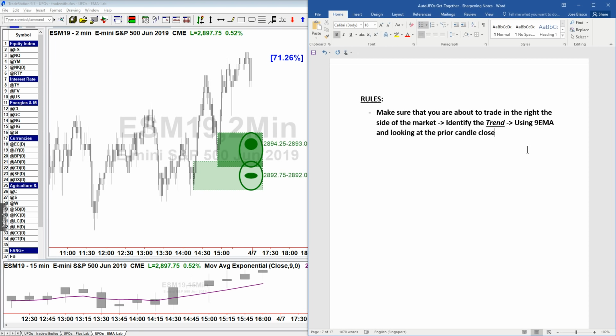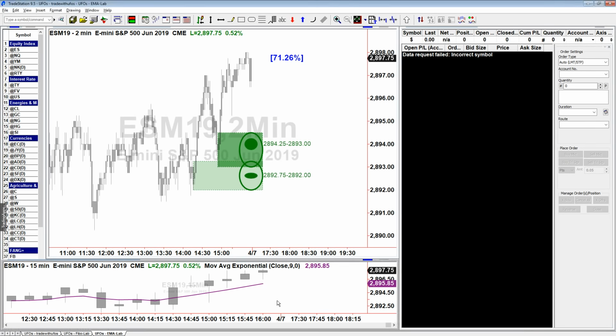Like if you were to use the 200 EMA, could it work? Certainly, because computers do trade it. Because many books around the world talk about the 200 EMA, many people watch it and many people trade the 200 EMA. So it could certainly help. But first of all, if you use that as a trend indication, maybe too late. And second, the amount of trades that you would get to execute is only very few. Okay? I mean, take a look.